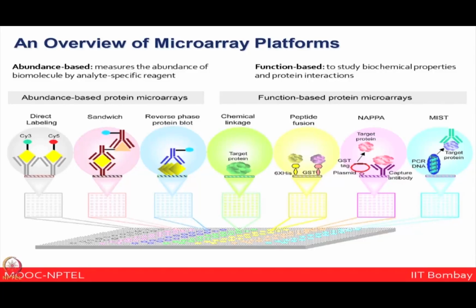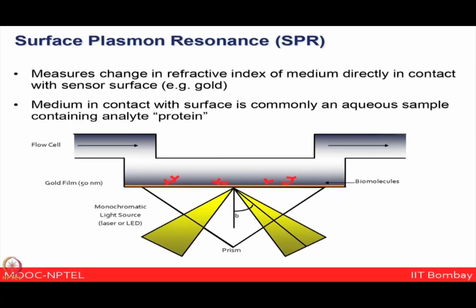So, in some way there are a variety of platforms available for doing proteomics, especially interactomics, using microarray based workflows. Additionally, if you are now aiming to look at more quantitative information for biomolecular interactions, then you do not want to label the proteins with any fluorophore. Here your aim is to look at the biomolecules in their native state, in a label free manner. Surface plasmon resonance or SPR is one of the promising technologies in this manner, which measures the change in the